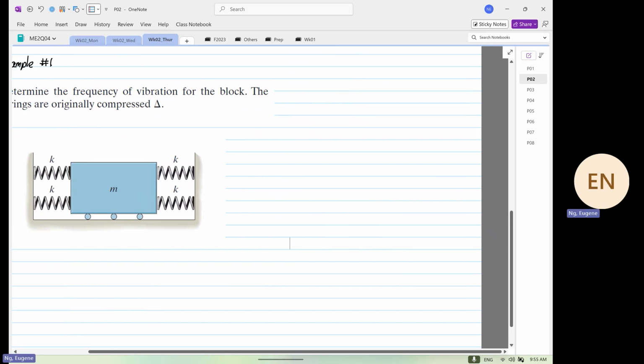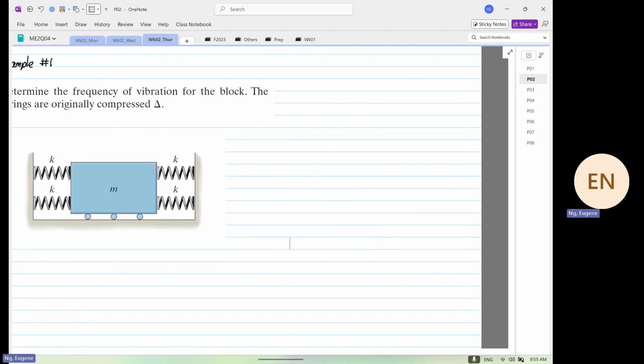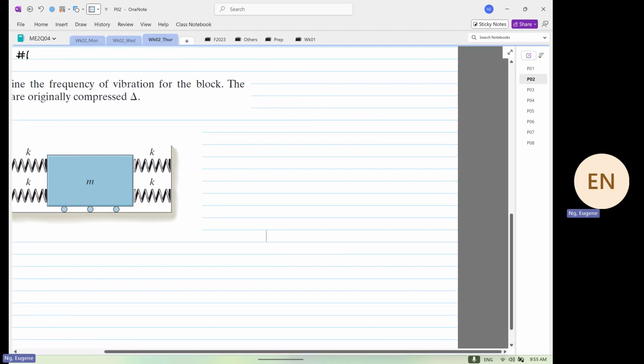It highlights the fact that the springs are under compression. That is the rule. You have to obey that the springs are under compression. Physically, does it make sense? Is anyone struggling to see that the springs are in compression? So these springs are originally longer, and to squeeze something in, the spring has to be compressed so that M will be at the center. So now we are going to sketch